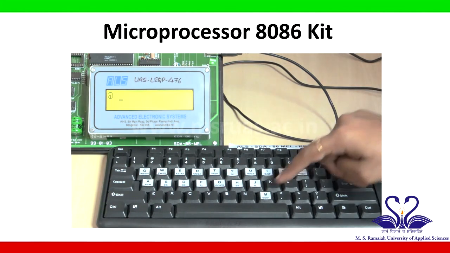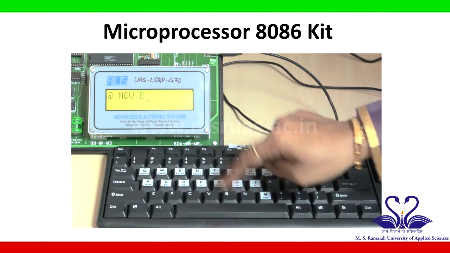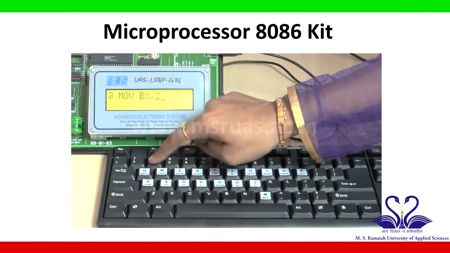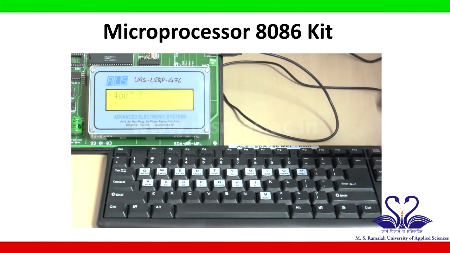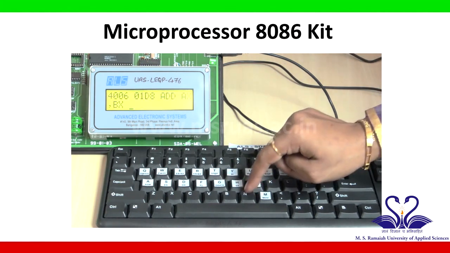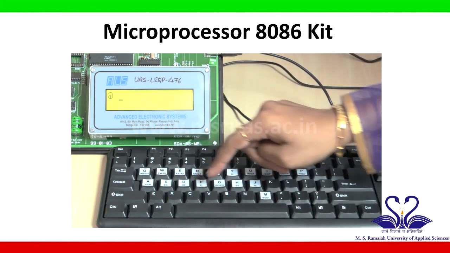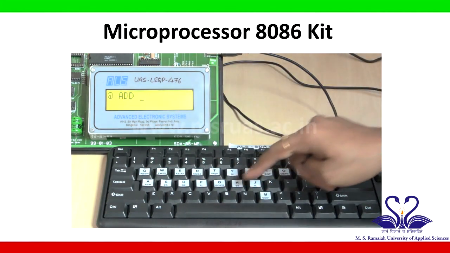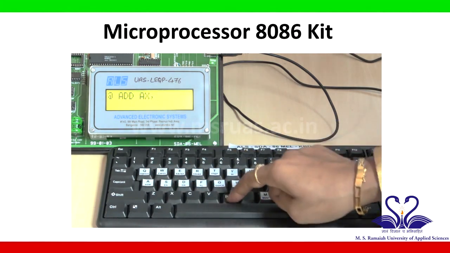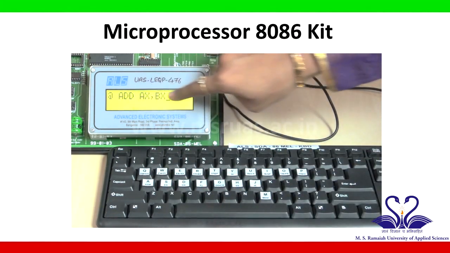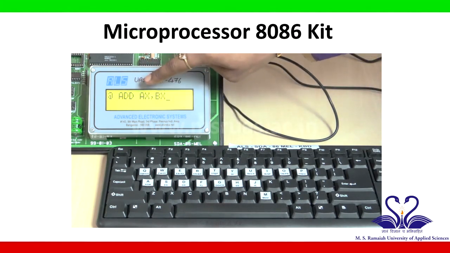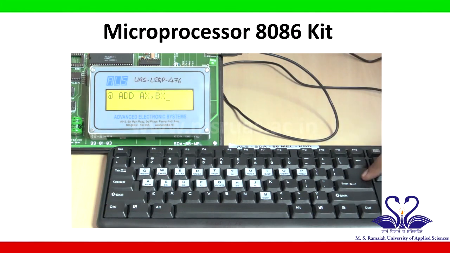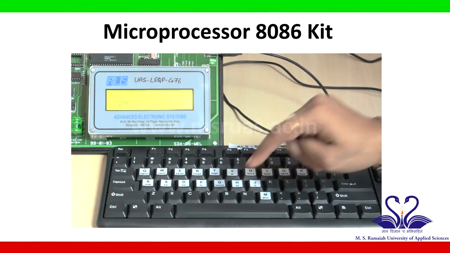Then MOV BX, 2222. Enter. Give N till you get @. Then the add instruction has to be given, ADD AX, BX. According to this instruction, whatever the contents of AX and BX is present, both will be added up and will be stored in AX register. Give enter. Then give N,